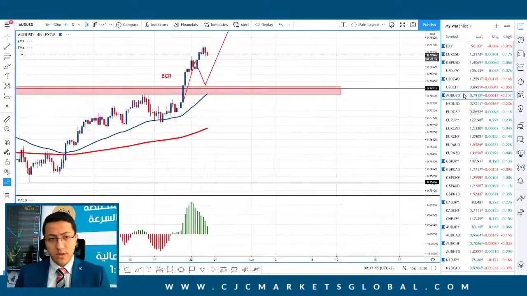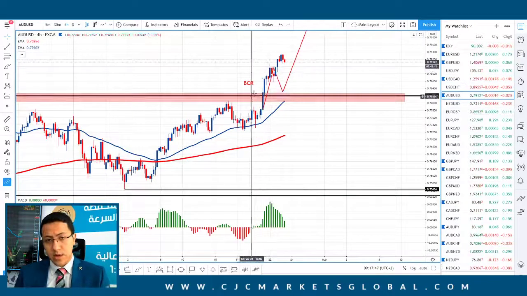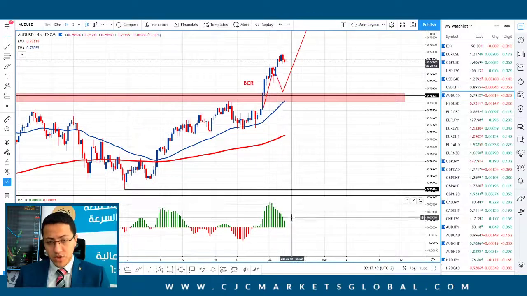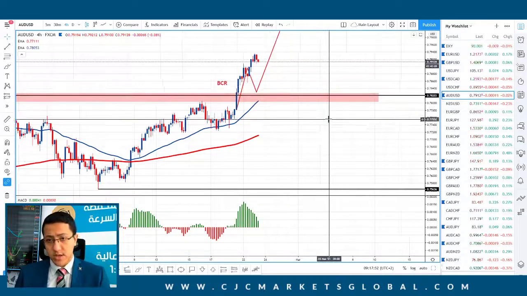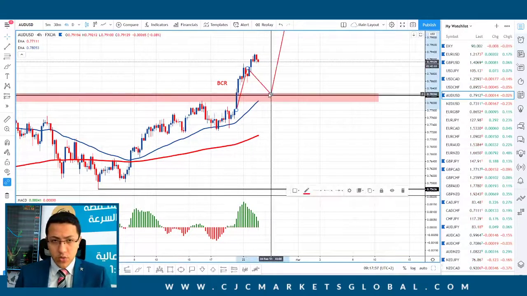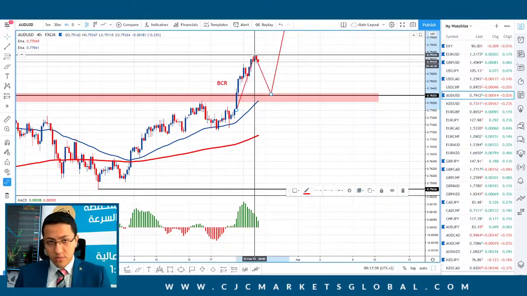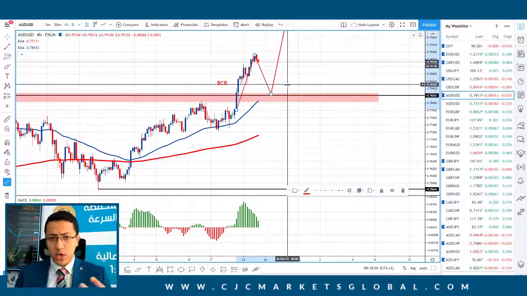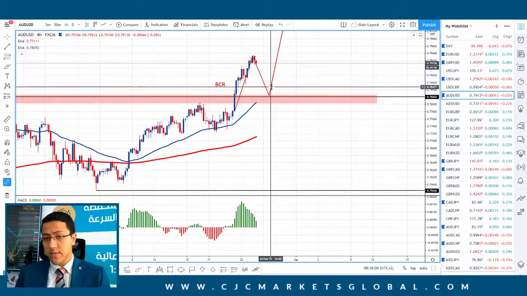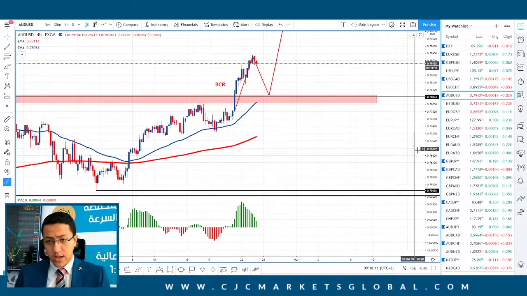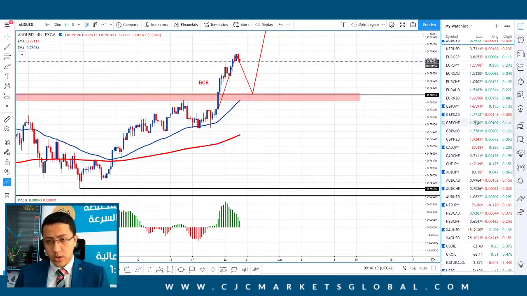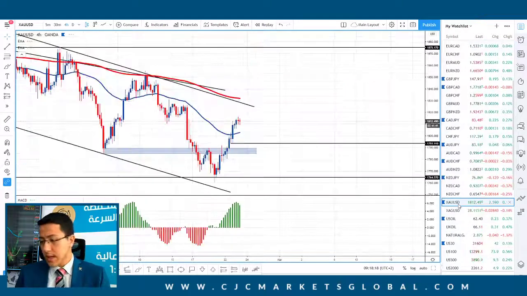The Australian versus the US dollar is basically on the opposite side, so we're still having a bearish divergence, we expect a correction down to 0.7820, the key level that we have highlighted during the past week. We did have the confirmed breakout, we didn't have the retest yet, so we'll be waiting for prices at around this level, 0.7820, and then we will be continuing the move to the upside, and that's on the Australian versus the US dollar. Let's have another look on gold trading.